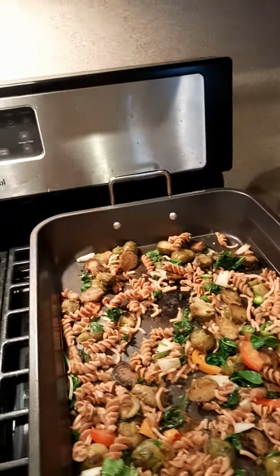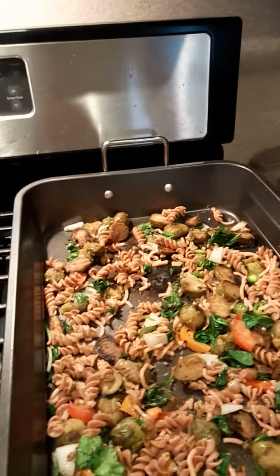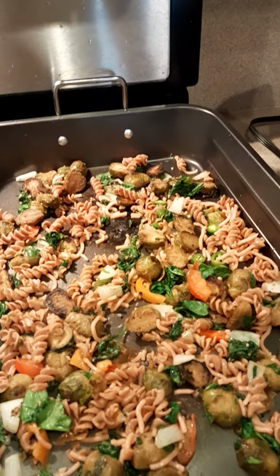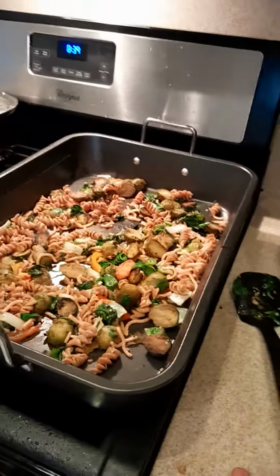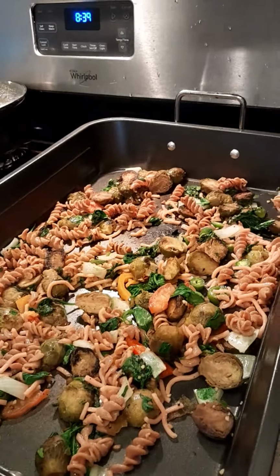This pan I bought on sale for $10. I'm not promoting the brand because I have no idea what this brand is. I'm sure you can find it somewhere for $10 or $30. You shouldn't pay more than $30 for such a pan. But yeah, look at this. It just evenly cooks